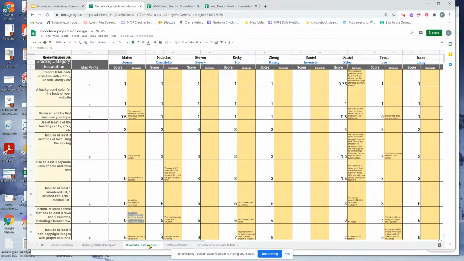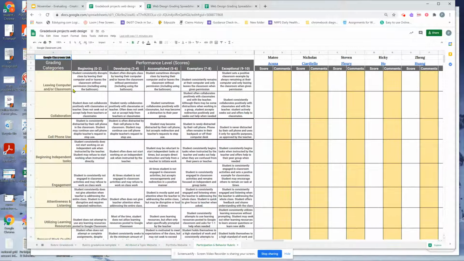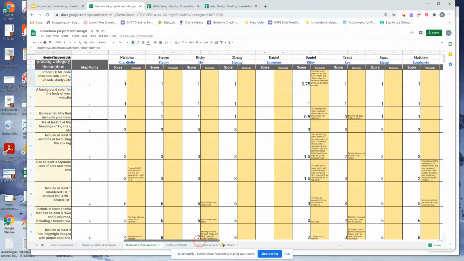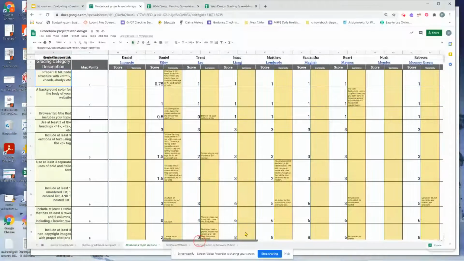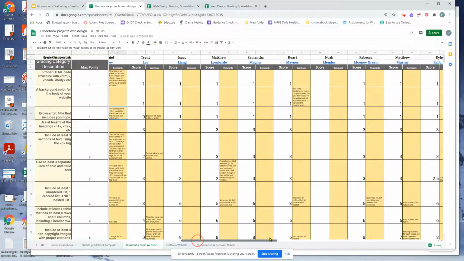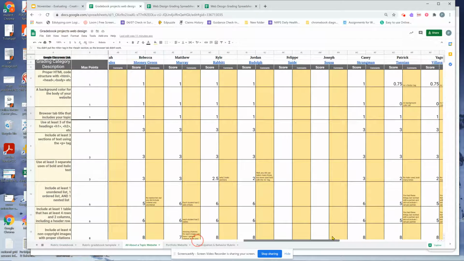And I'm grading right now with just a kind of a checklist where I'm awarding a certain amount of points for things they do. I also grade students on a rubric too, and you could also use this for a rubric where you're grading them in categories with kind of a performance level, and I'll show you how to do that too. So you could do either one. And when you're grading them, I can grade students all in the same window. So as I scroll across, I have grades for them, and then I also have little comments for them. And as I'm entering these grades and entering these comments, it's nice for me to be able to do it